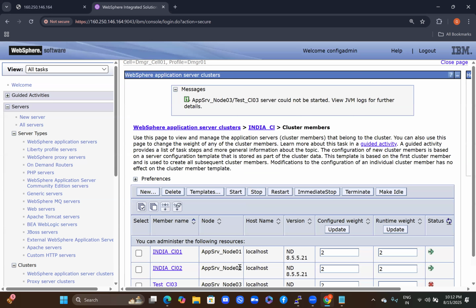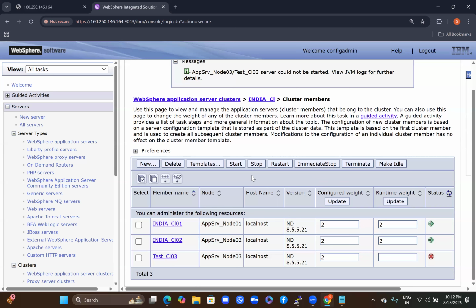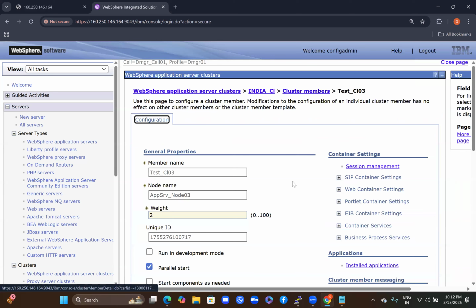It will not start. Why it does not start means we need to set the JDK in the command here. We need to set the JDK,